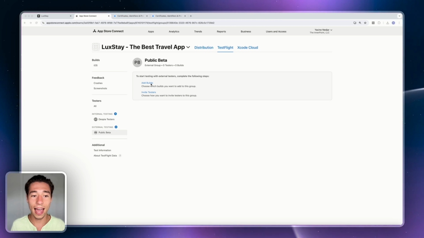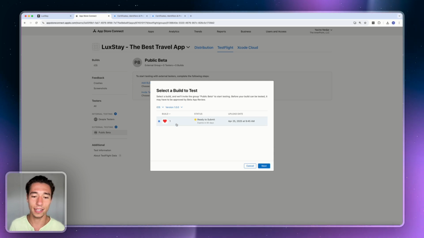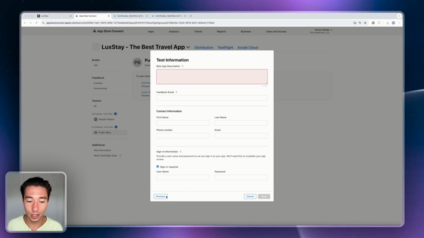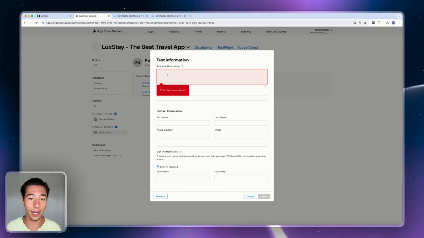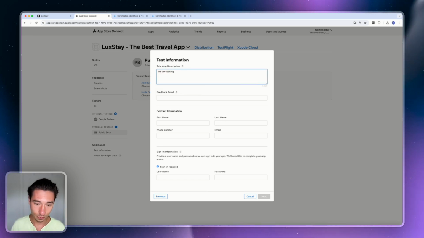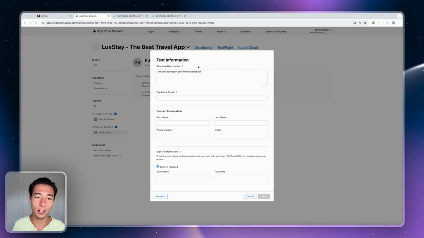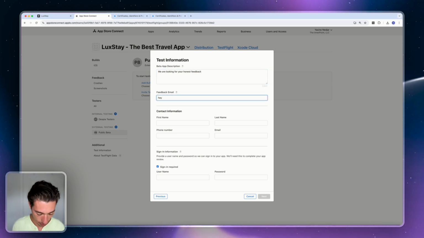And now we need to add a build. So I'm going to add the build that we want to test. This will be, in this example, the one that I just tested in my TestFlight version. And now you would need to fill out this information and then submit it. And then you would have this be submitted for a soft app review. So we can go inside of here and I can do a beta app description if I want to. So I can say, we are looking for your honest feedback. There you go. Feedback. Tester email, feedback email,